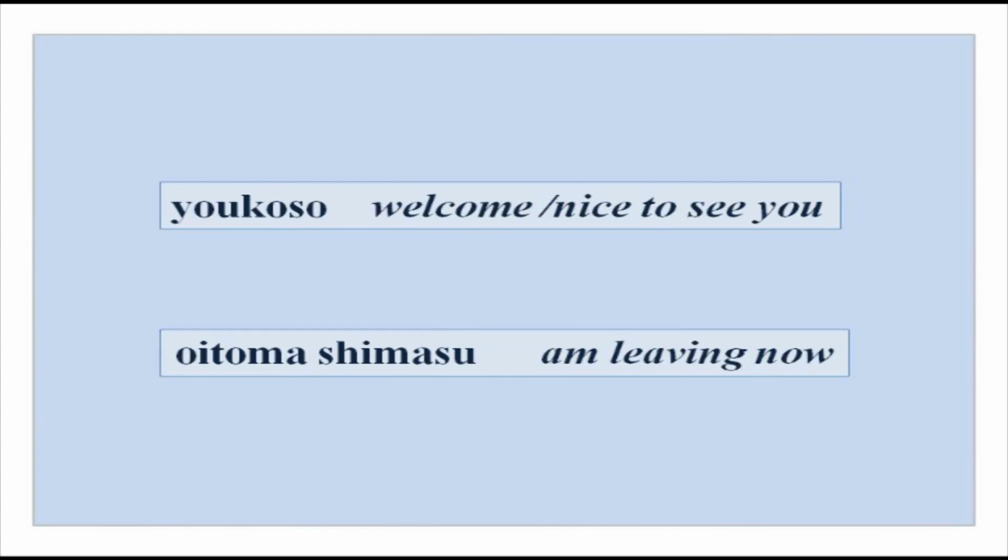And in the uta you have yokoso and oitoma shimasu. So, the girl is coming and the two lions over there say, nice to see you, welcome to our house. And oitoma shimasu, after having visited them, after having stayed with them, instead of saying ojama shimashita, which is